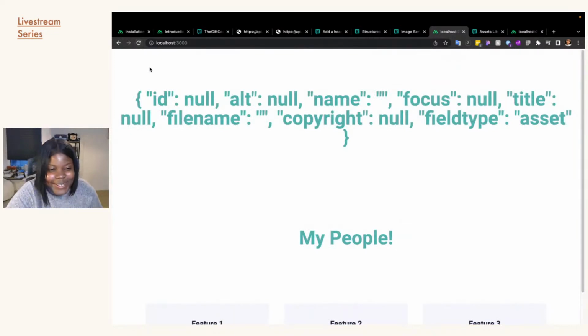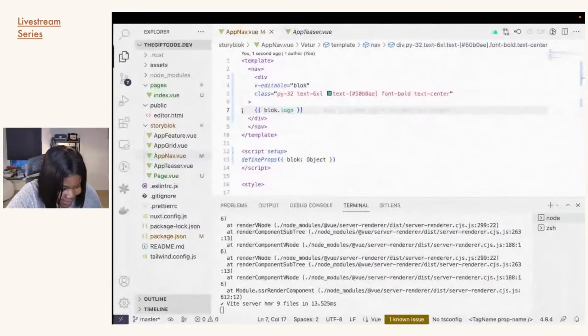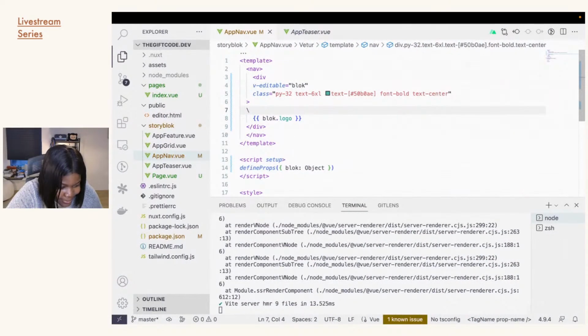Nice. It works. Okay. And because I want it to be an image, so I'll say image source